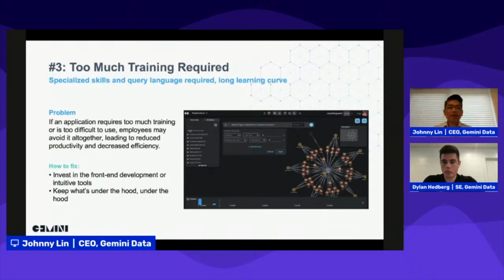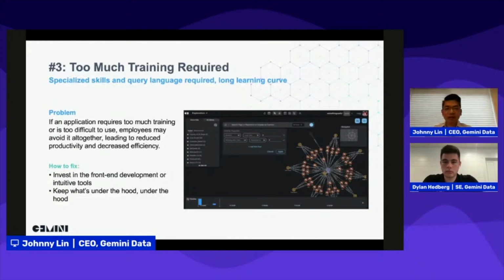You don't want the business users to learn all these specialized query languages. It's just too hard. It's for developers, right? And because it is meant for developers, how do you make it simple for your business users? You don't want them to learn how to use another tool, right?